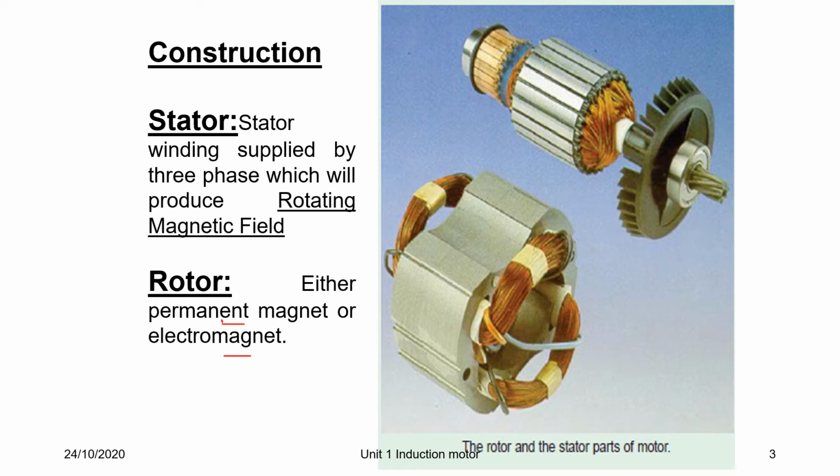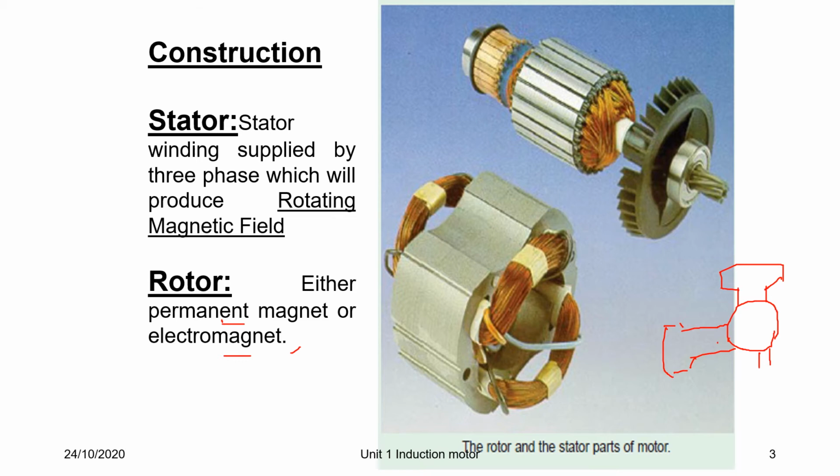So our synchronous motor will be arranged like this. The rotor part will have the magnetic poles like this. We will see the types of magnetic poles in the next slide. So the rotor is made up of a magnet or electromagnet, but in the case of the stator, we feed the rotating magnetic supply to the armature, the coil.